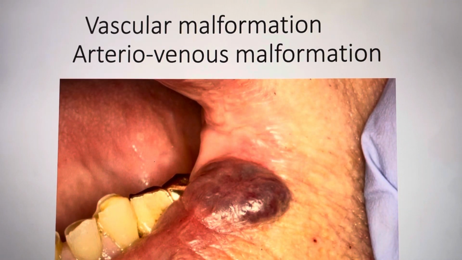And this one, this lady wanted me to remove it. She was worried and concerned, and the pathology result came back as arteriovenous malformation. Basically, it's benign and numerous arteries and veins have made this in an abnormal way. That's why we call it